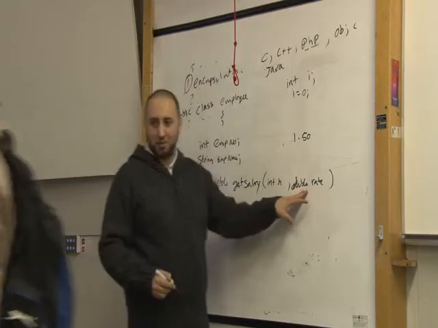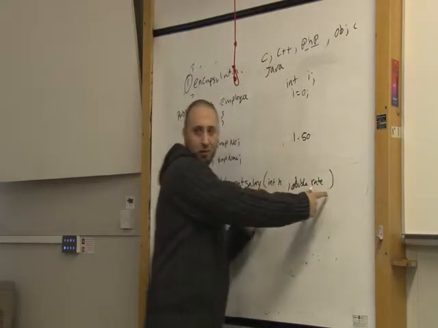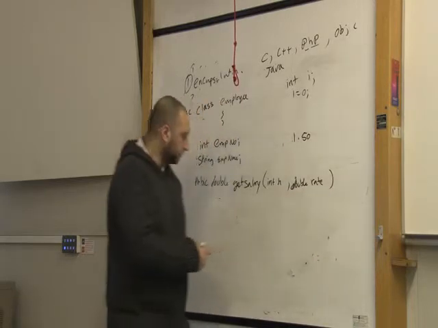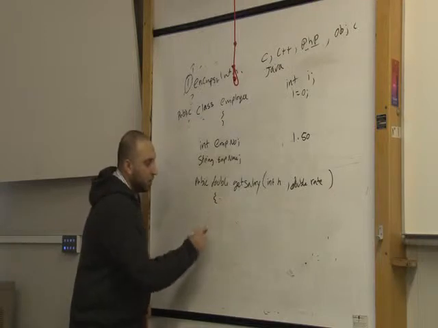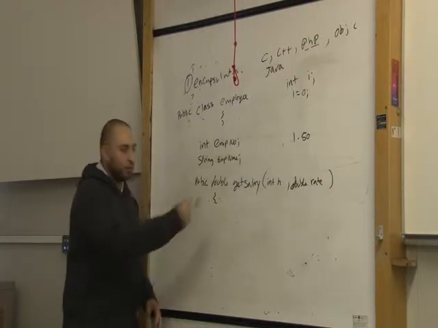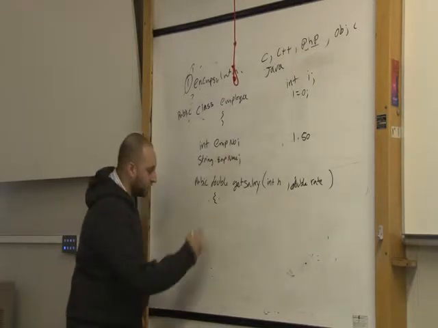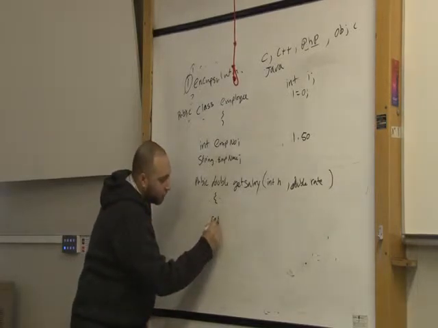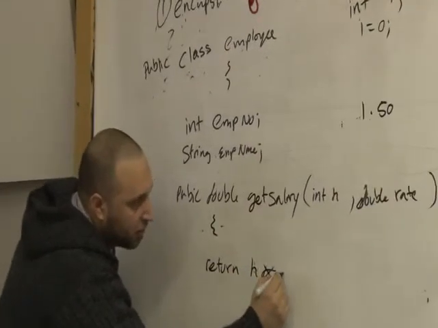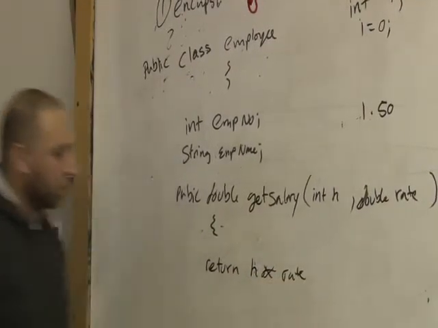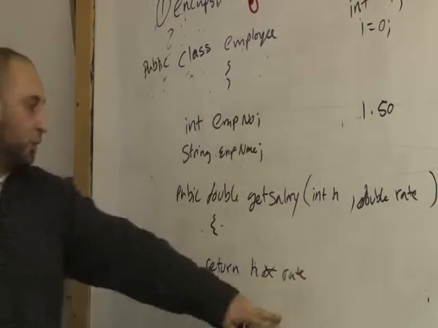So basically you would take this argument. This is also called the signature of the method. And then we're going to start working out the formula. Now it's very simple. We're going to multiply the number of hours by the rate. So we say here return hour times rate. And what that's going to do is multiply the hours times rate and return